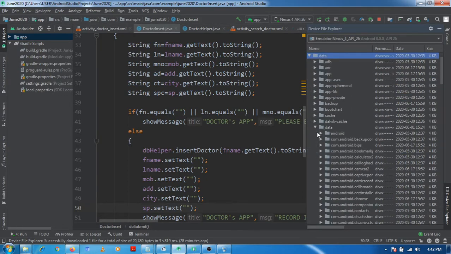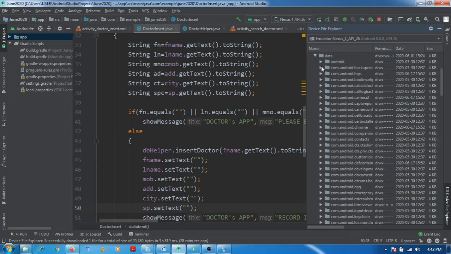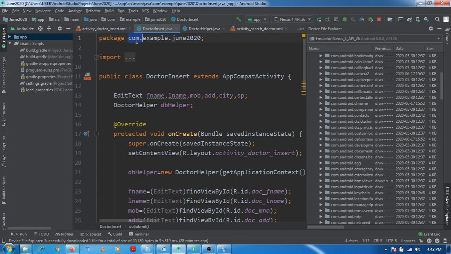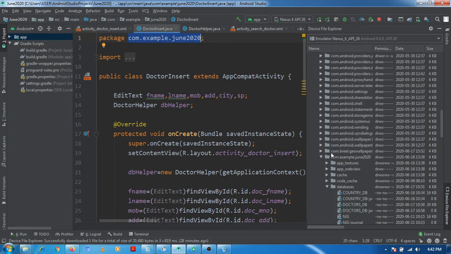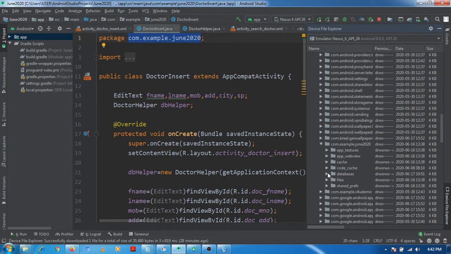Inside the data folder there is another data folder, click on that, and then you need to find the folder named as your package name. com.example.june2020 is my package name. So I will search for com.example.june2020. Inside there will be one folder named database, where I need to search for the database.